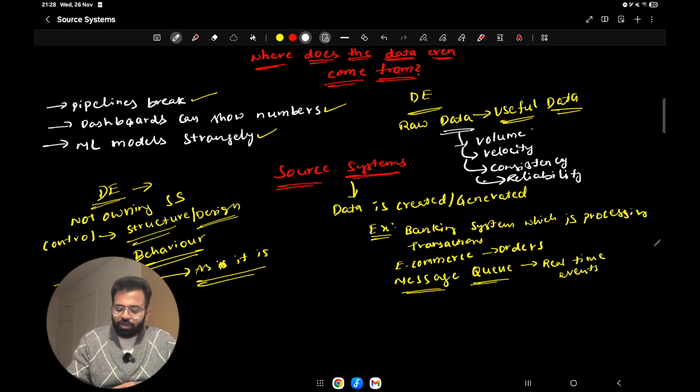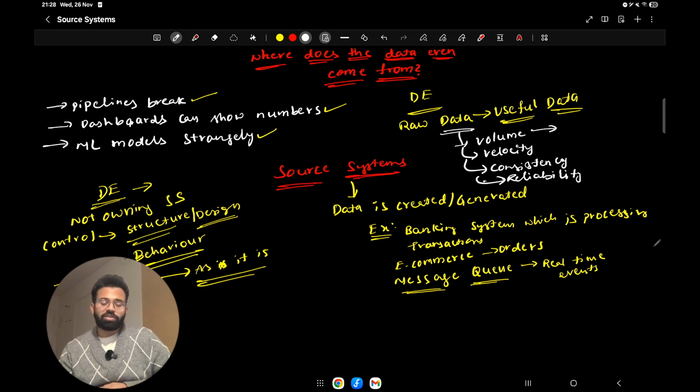For example, regarding volume, some source systems generate only a few transactions per day, some tens, some thousands, and some millions, depending on the scale and type of the source system.